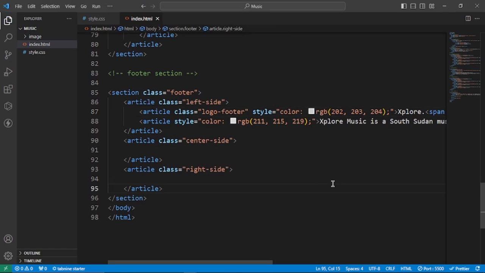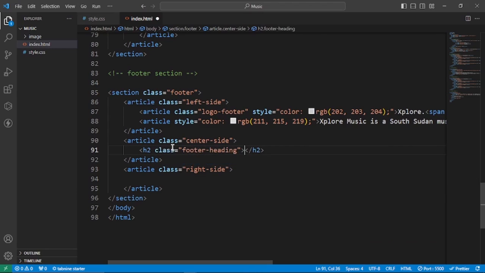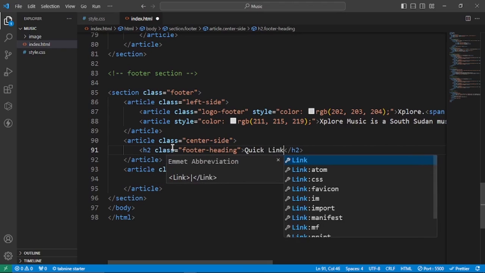After that, we have to manipulate the rest, which is the center. I want to give it a header too, and in the header I want to give it a class name. The class name is going to be footer heading. Nice, right? In this footer heading, I'm going to give it the text quick links,